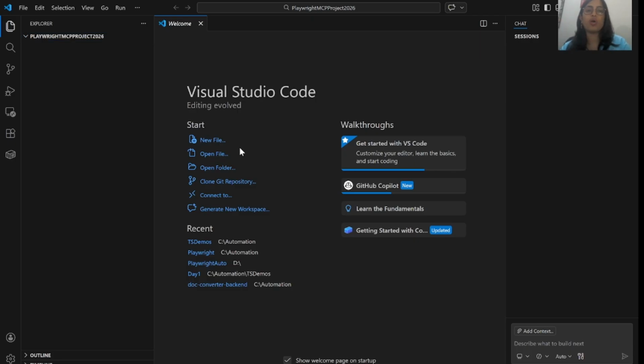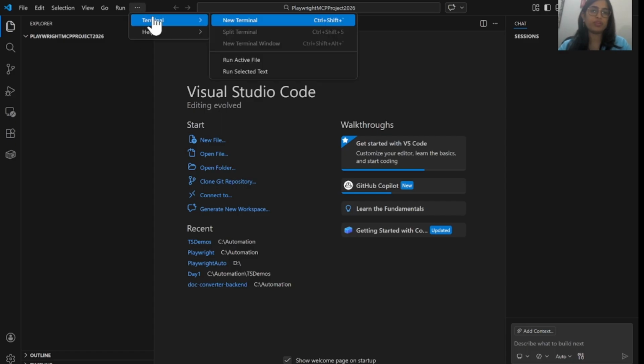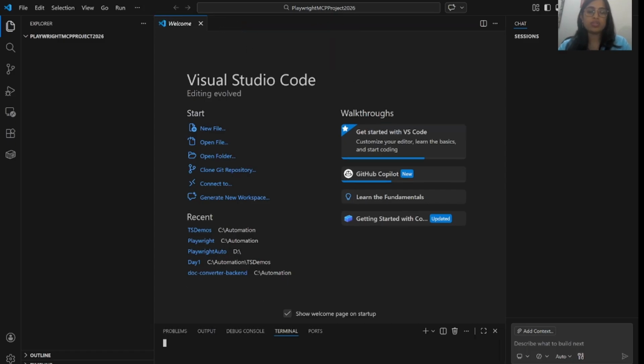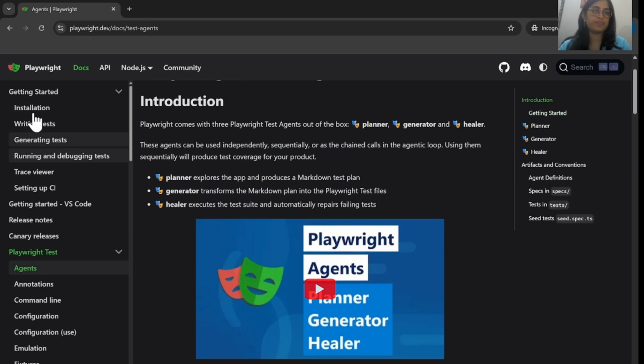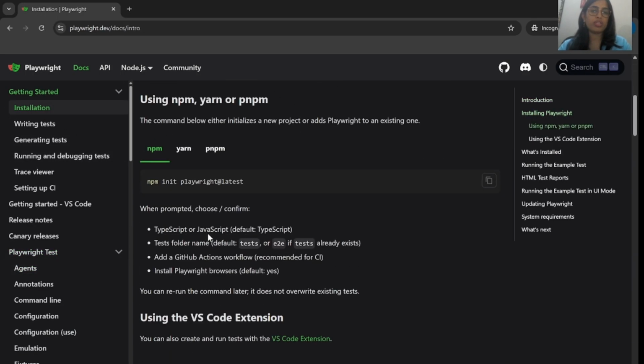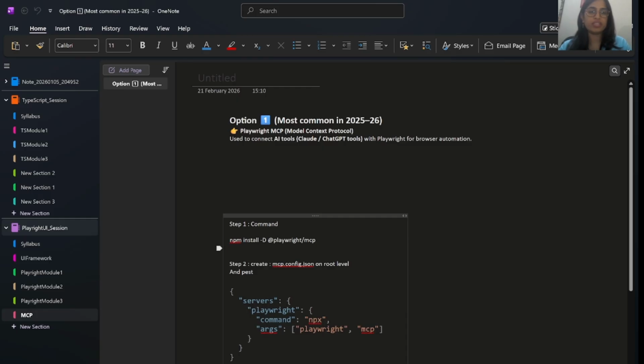Now we are going to install Playwright here. To install Playwright, you have to execute certain commands. You can use the commands from here. See, installation. So what is the command here? npm init playwright, and I have also written here, npm install -D playwright MCP.